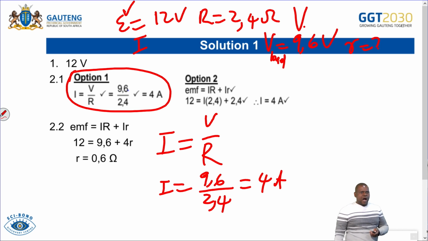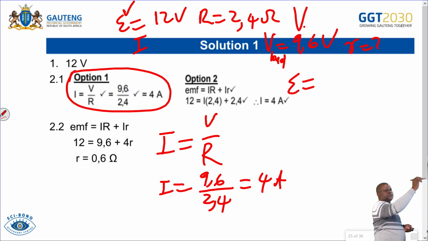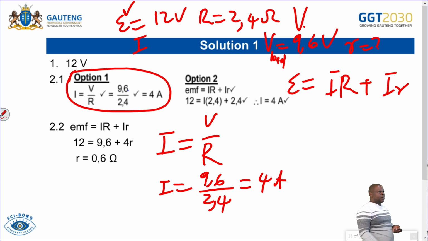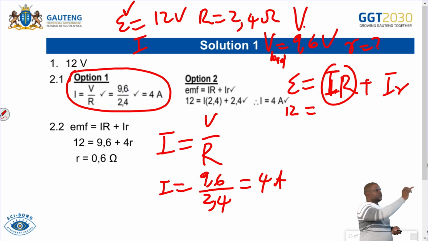How much is our R? We don't have our R. Then we're going to say, now, how do you calculate this? We're saying EMF is equal to IR plus Ir (small r). Then we know EMF is equal to 12. Remember, we need to calculate the small r. We need to calculate the